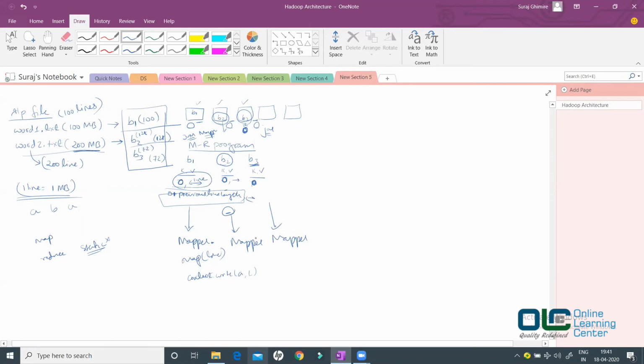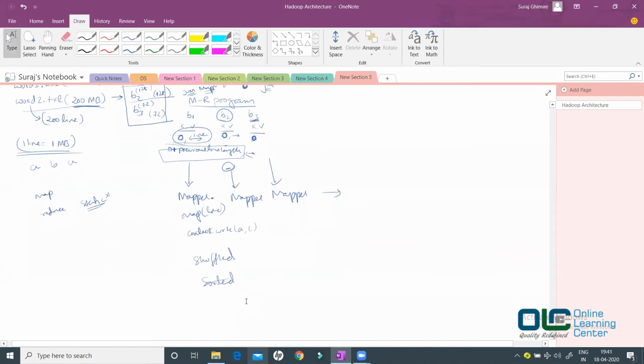So all the mappers will start emitting word comma one as a key value pair, and then they all will be grouped together. So this is your mapper, right? After that, it will be shuffled first. Shuffled will be brought together, then sorted. It would be sorted from A to Z, based on the key. Then it will be grouped. So when you group them, you get all apple. You get the data like this: apple and all ones, ball, all ones, and so on. And then it goes to your reducer, right? So in the reducer, you see the reduce method would be executed 2 times.